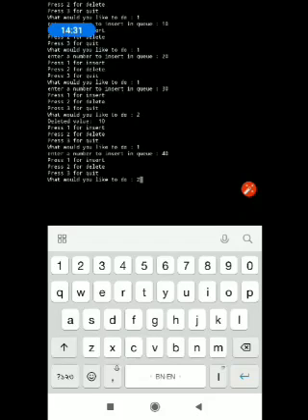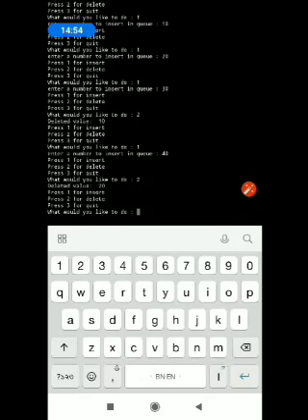Now tell me which element will be deleted this time. 10 तो delete हो ही चुका है, और उसके बाद मैंने डाला था 20. So in the sequence 20 is there. It must pop out 20. Let me see. Okay, the deleted value is 20. Fine. So it is working properly.